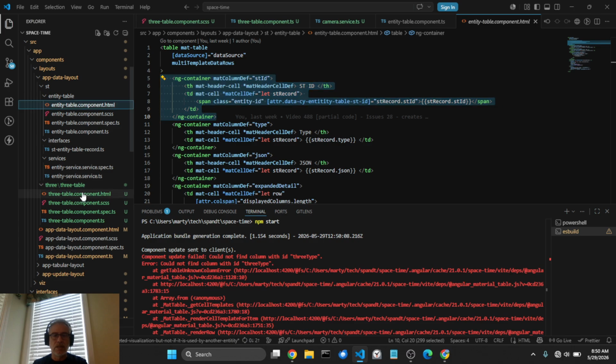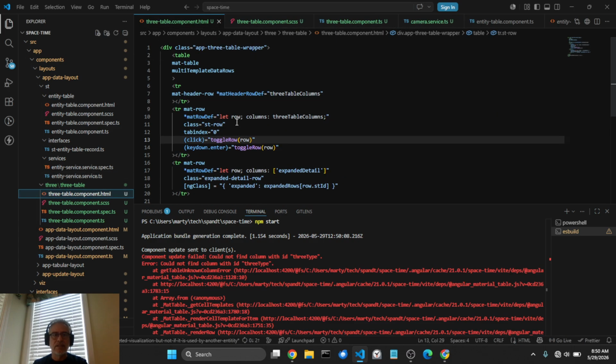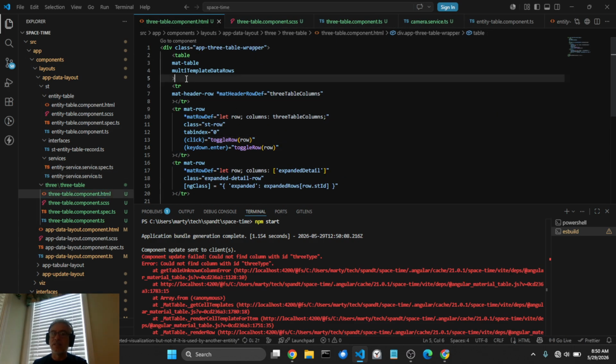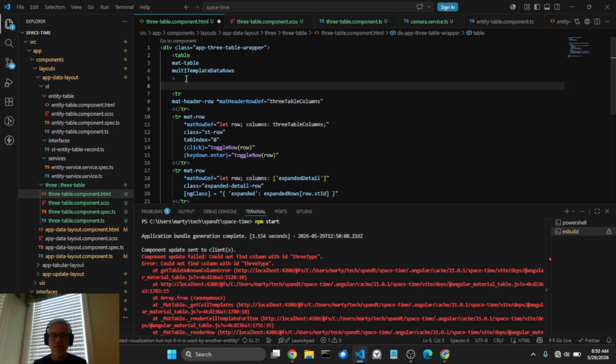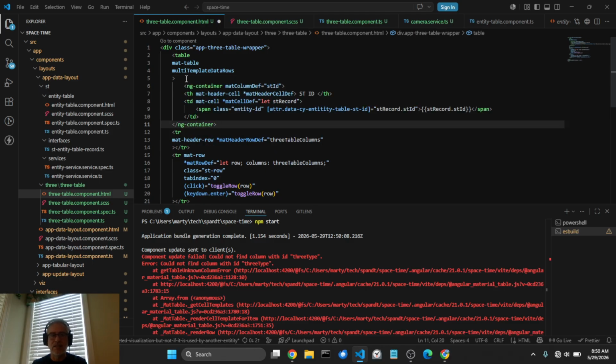I've read that a million times and not understood what it was saying, so don't get me wrong, I'm not saying it's obvious, but they are specifically telling us where the issue is. And that's that we haven't defined a column for 3 type. Now if I'm right about that, then what will happen is